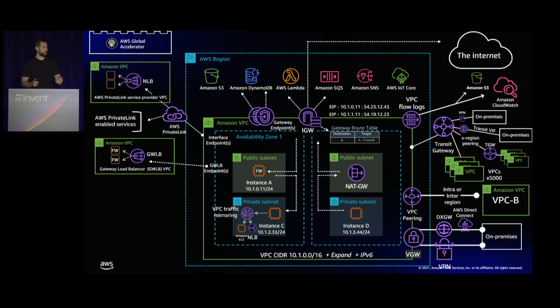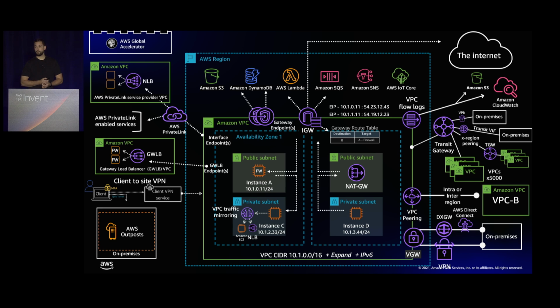We then released last year, this was a new service, Gateway Load Balancer, which basically helps with putting things like firewalls in line. So now you can have a dedicated VPC as an inspection VPC and use a Gateway Load Balancer to have a scalable firewall edge in front of your VPC deployment. We also have client-to-site VPN, AWS Outposts, which extends AWS, the VPC, all the way down to an on-premises that you choose. And so basically, if you have a data center, you can deploy a rack and have VPC running at that rack. And then lastly, we have AWS Network Firewall.